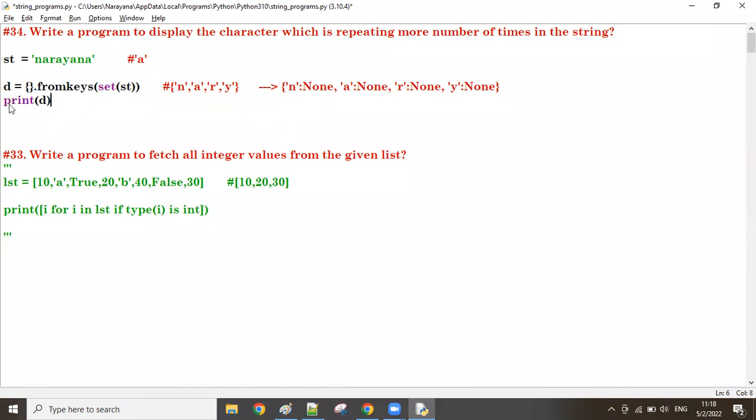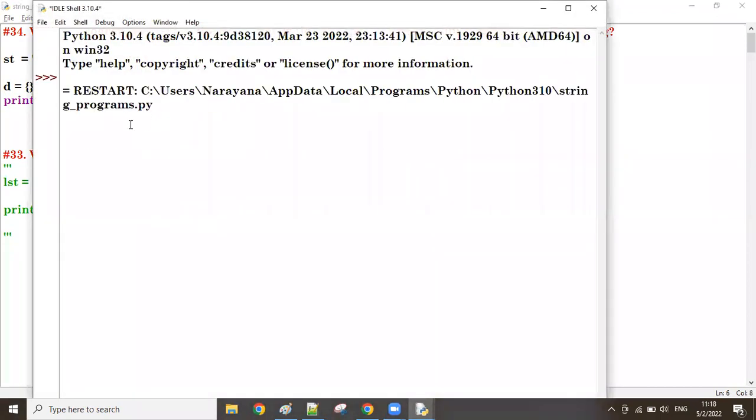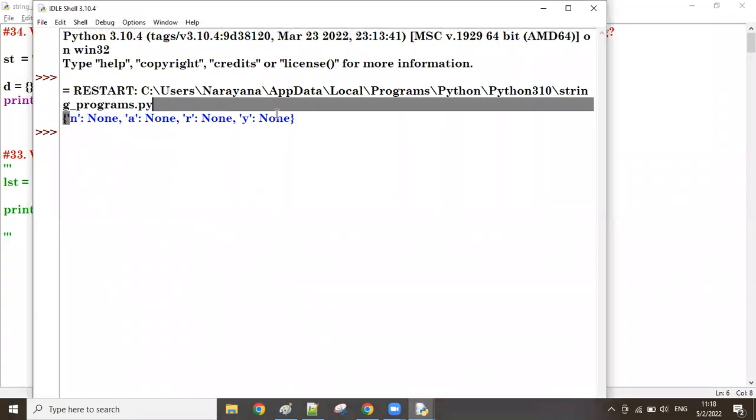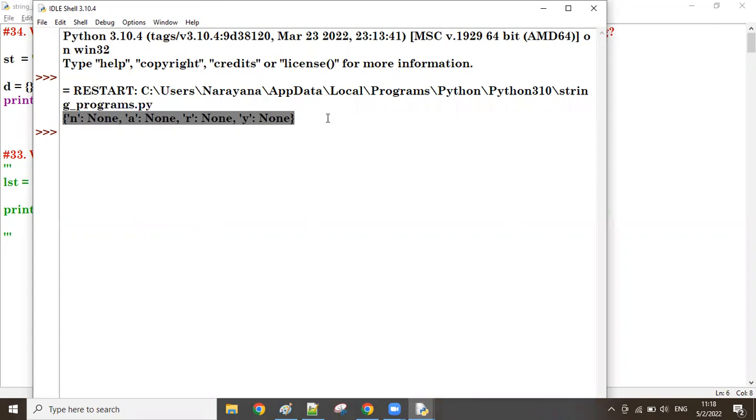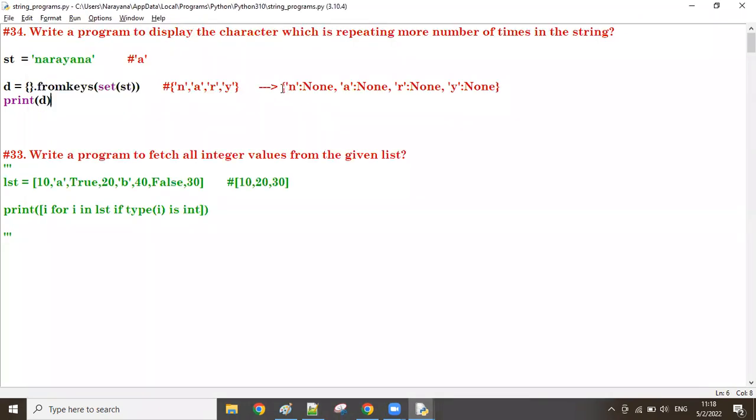Check it. So same, right? N, A, R, Y, like this. None came by default, guys. Same as it is. Okay, but I want to take 0 by default. If 0 is there, you can increase the count. To take 0 by default, we use